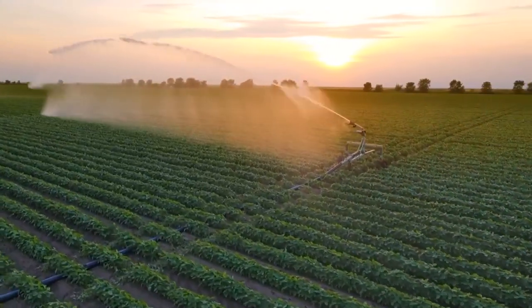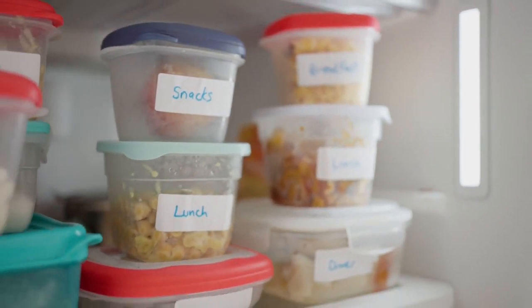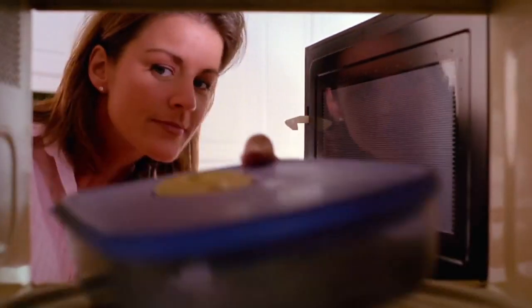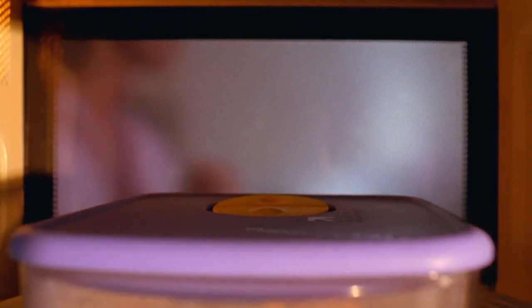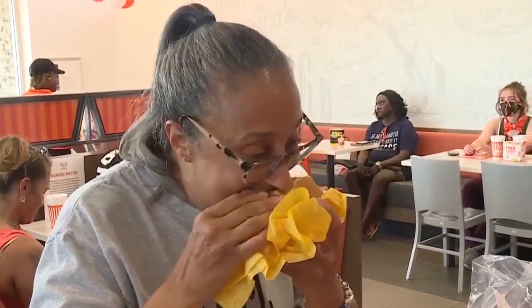So what can you do to at least try to minimize chemical exposure? First, try to avoid plastic food storage containers. If you do use them, don't microwave them. Heat can increase chemical leaching into your food, so it's a good idea to avoid storing hot food in plastic containers. Stay away from fast foods, which were found to have some of the highest levels of plasticizers like phthalates